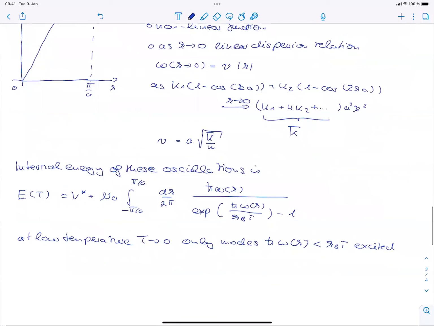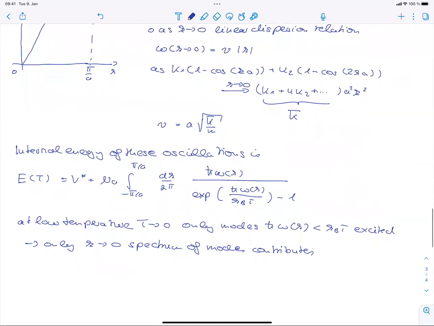And so that means that only the small k spectral modes contribute. And so in taking this limit of T to 0, I can write this energy as N a